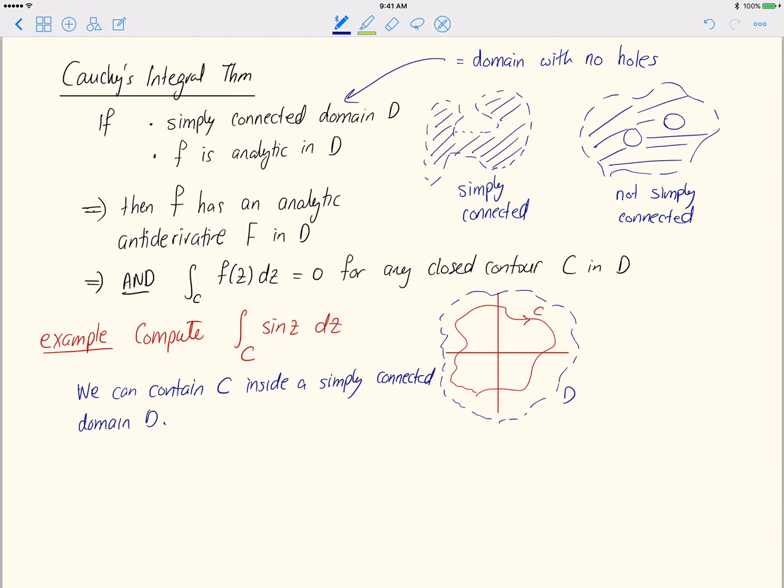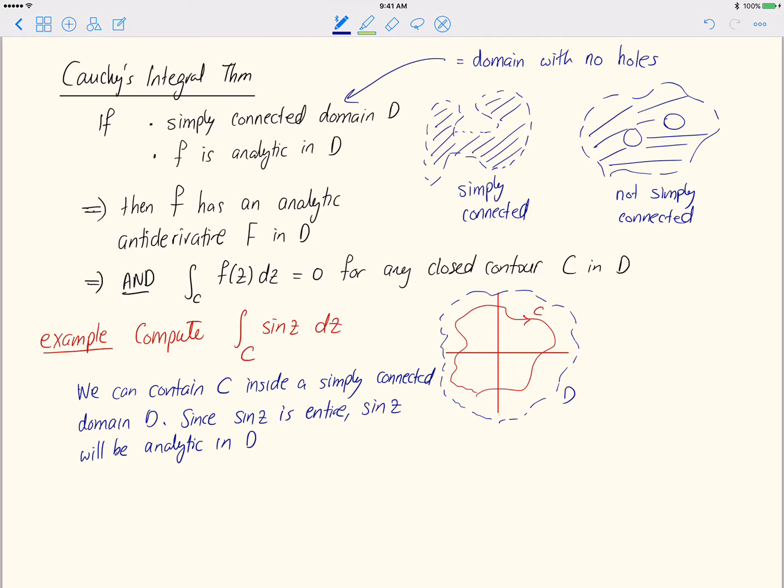Now, the next thing I say is that, well, since the function sine z is entire, remember, what does entire mean? Entire means that it's analytic everywhere. So that's a well-known fact that sine z, cos z, the exponential function, for instance, these are all entire functions. They're analytic everywhere, and you can just state that. Anyway, since sine z is entire, because it's analytic everywhere, of course it's going to be analytic within D as well. So sine z will be